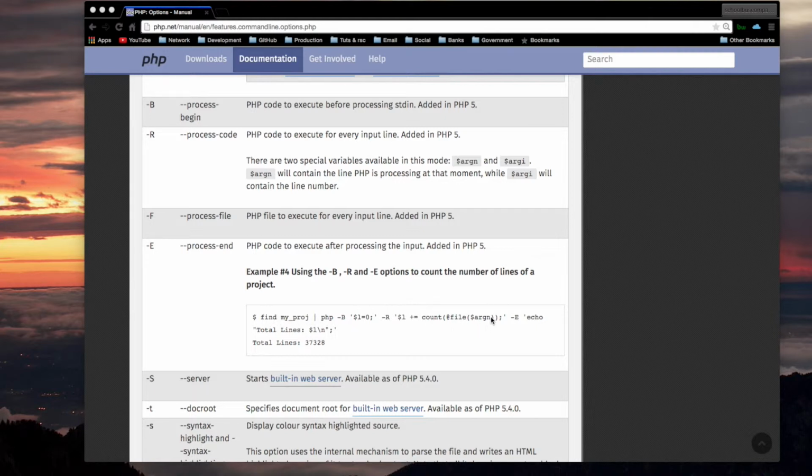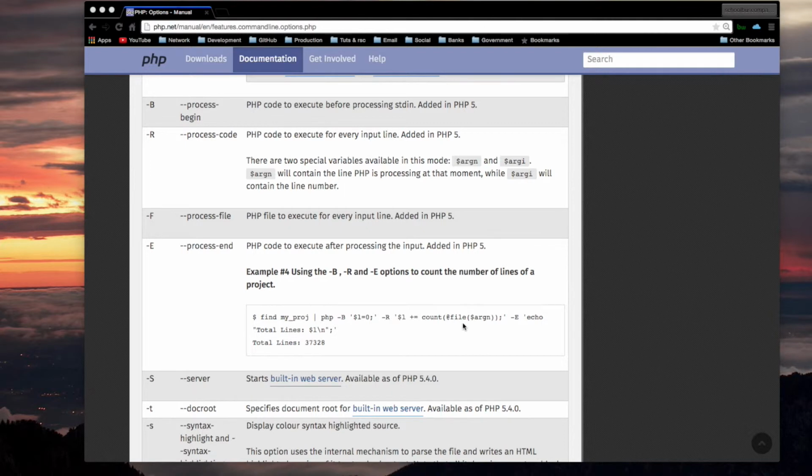Okay, and in this case, $argn is the current line of input. A line of input is characters that end with an end of line character. In the case of the keyboard, when that's used for standard input, the command, which in this case is PHP, is waiting for that line to be filled up and for the user to hit enter so that end of line character shows up.